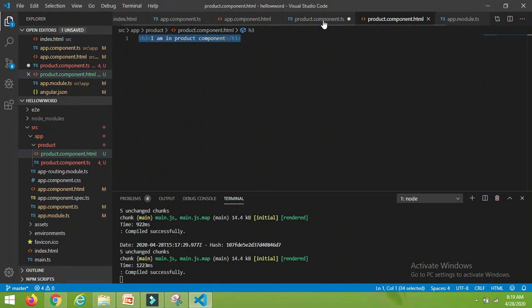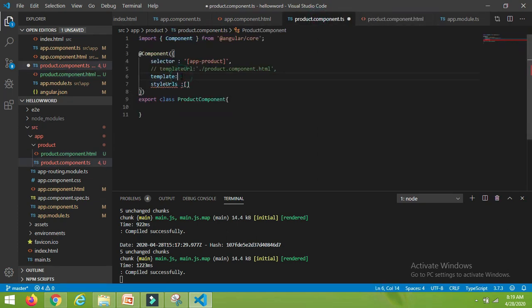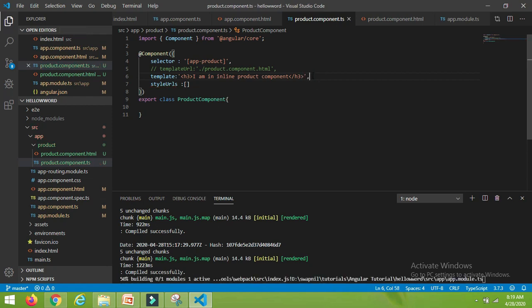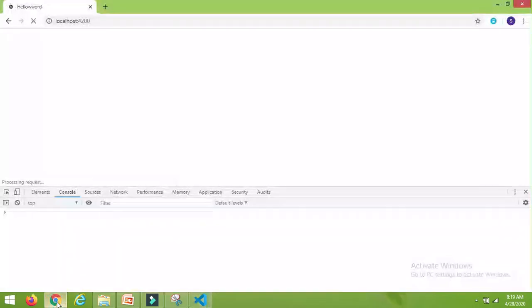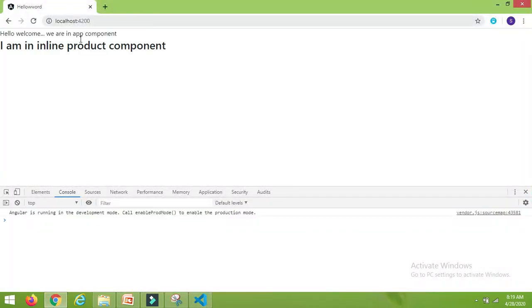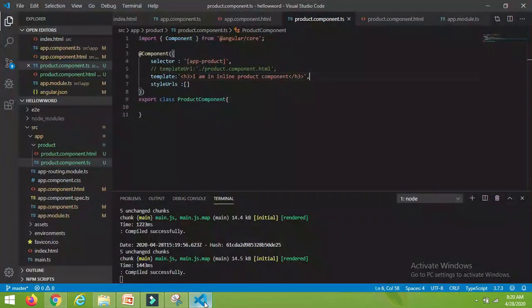Let me copy it as it is and paste it here within single quotes. Instead, I will write here I am in inline product component, within single quotes. Now let's recheck the UI. Yes, I got the output: I am in inline product component, meaning even when we use inline HTML, it gives the same output.